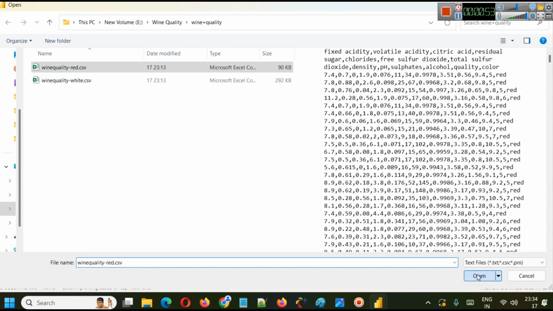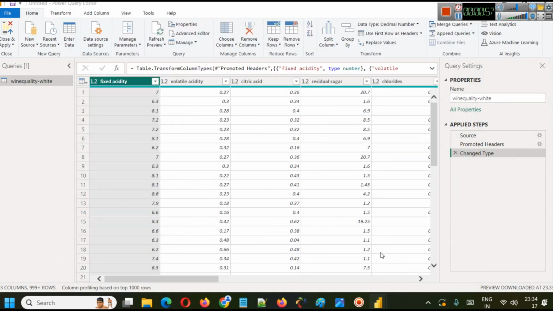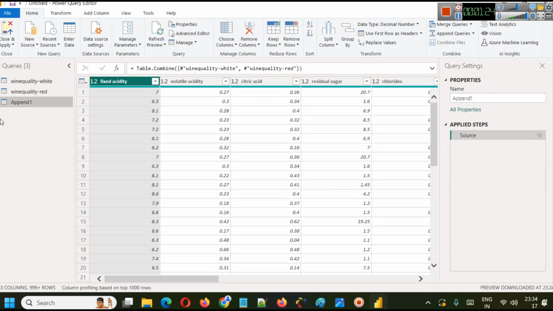Here I am going to do one more thing, and here I will choose new source, text CSV, and now this time I will load red. So now I will have two tables, one for red wine and one for white wine. We can also start analysis in this way, but what we are going to do, we'll click on one of them, and from here, append queries, we will use append queries as new, and we have two tables. So first table will be wine quality white, second table will be wine quality red,